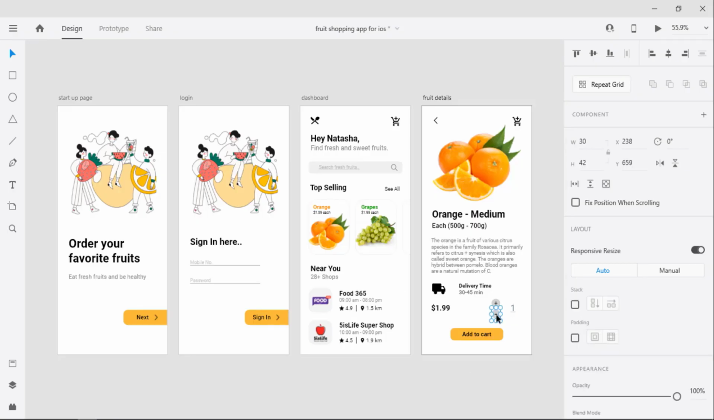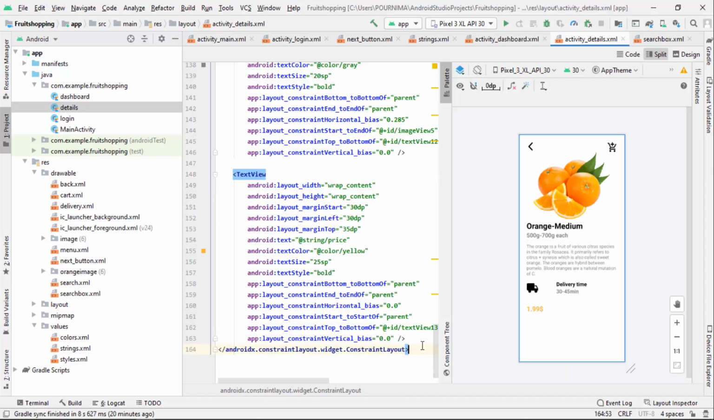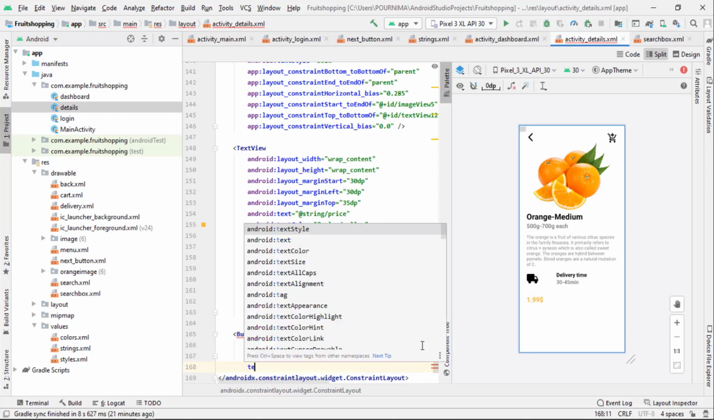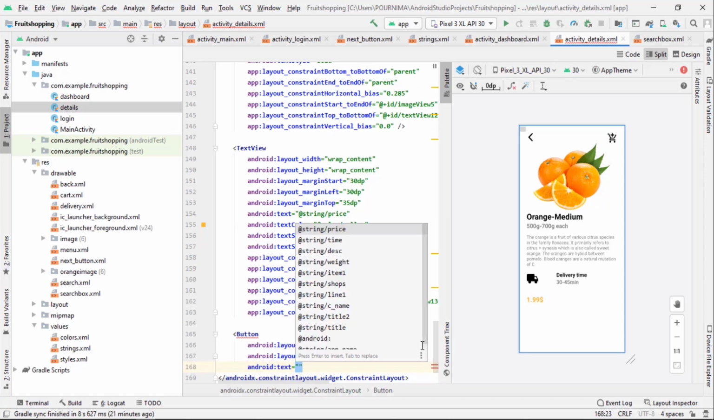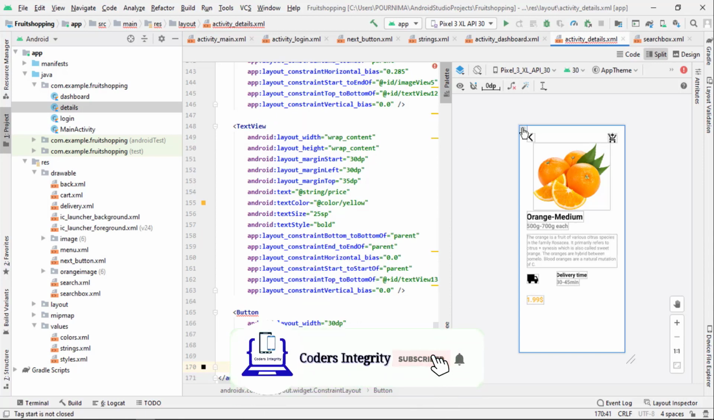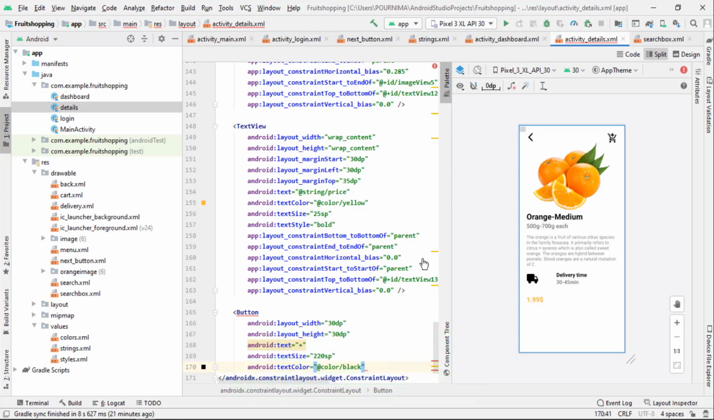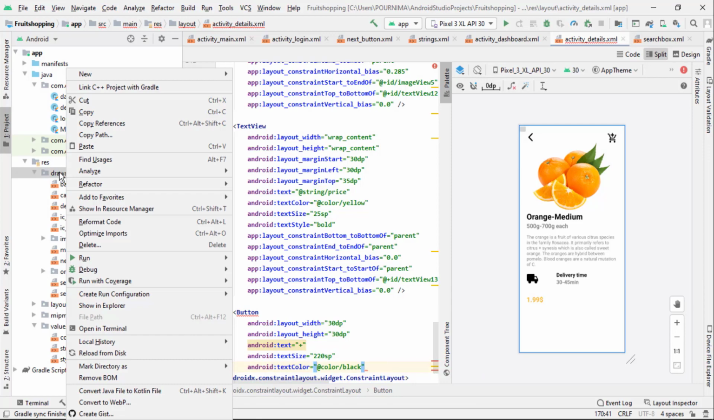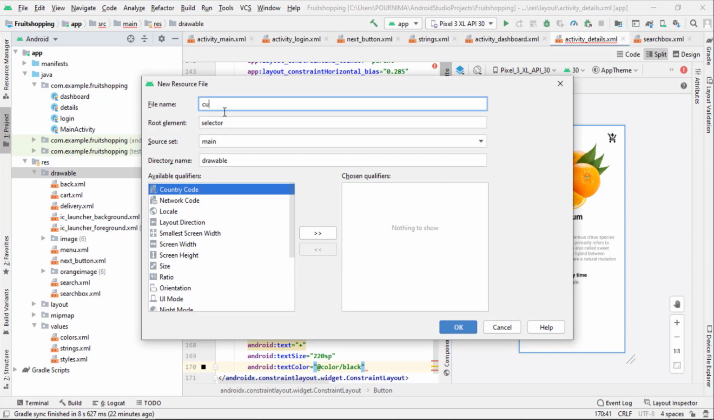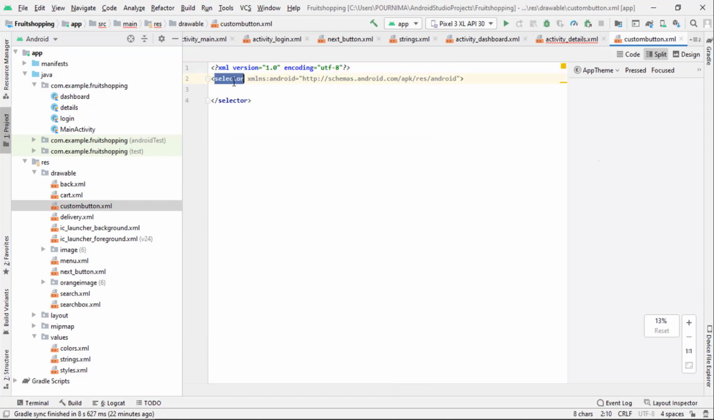So we will be needing the round button just like this to add the number of items. So let's take a button with width, say 30 dp by 30 dp, and let's add the text, which will be the plus sign. Now we need to change this button shape to a circle. So let's create a custom button. Add a new drawable resource file, say custom button, and say OK,